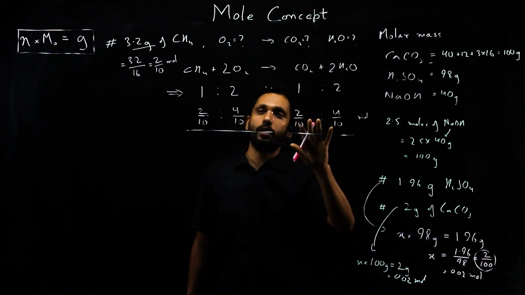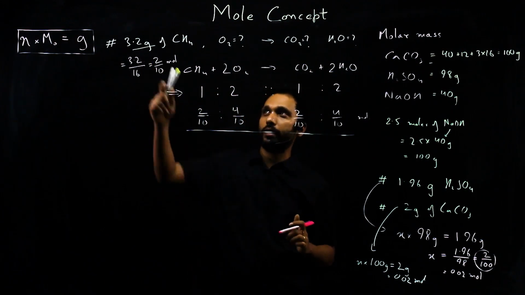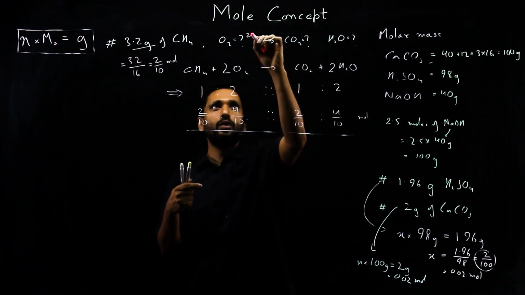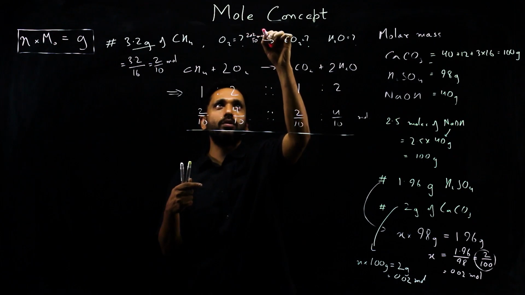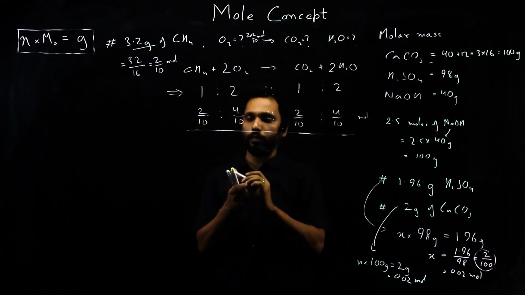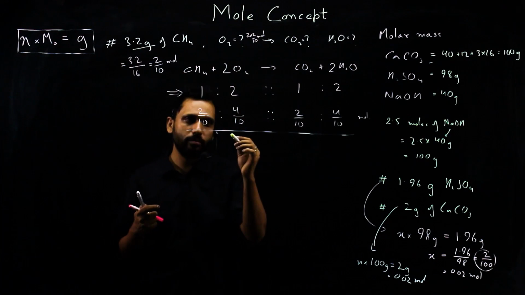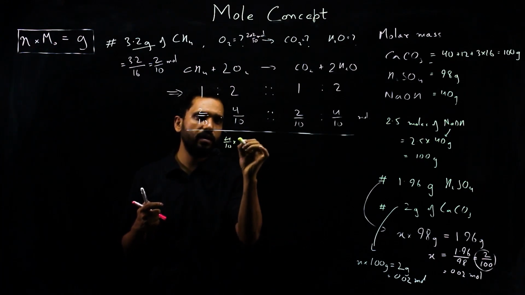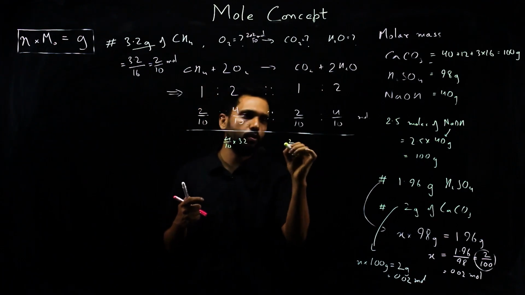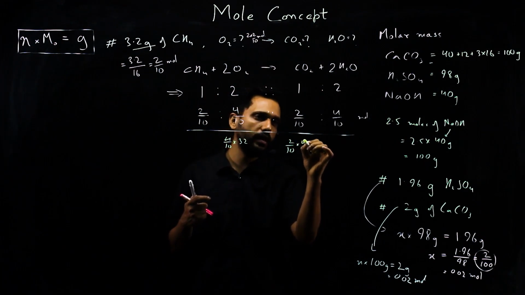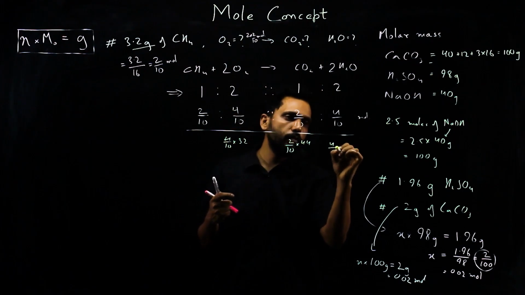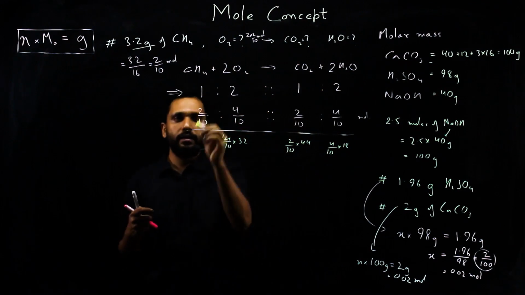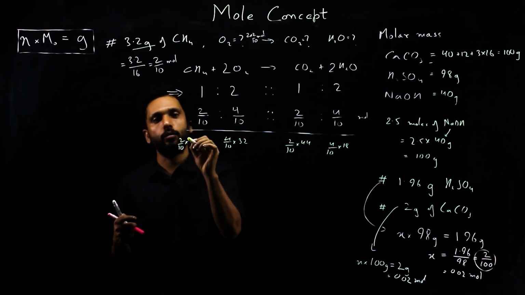It is 0.2 moles of carbon dioxide produced, but they gave the question in grams, so they would expect the answer in grams. The answer is 2 into 2 by 10 moles, but that is not in grams, so you should convert back to grams. So converting back to grams, this would be 4 by 10 into 32 for oxygen. This would be 2 by 10 into the molar weight of carbon dioxide, which is 44, and this would be 4 by 10 into the molecular weight of water, which is 18, and this would be 2 by 10 into the molar weight of methane, which was 16.